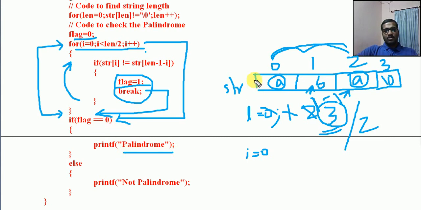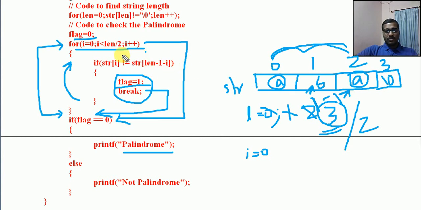So whatever be the number of elements present in this character array, it will go on searching the same thing. That means go on checking whether the first one and the last one match. In the next iteration, I will be incremented, and if you are having more elements, str[1] will be compared with the second last, str[len minus 1 minus I].